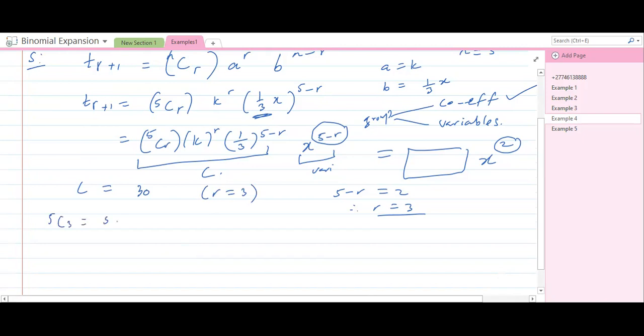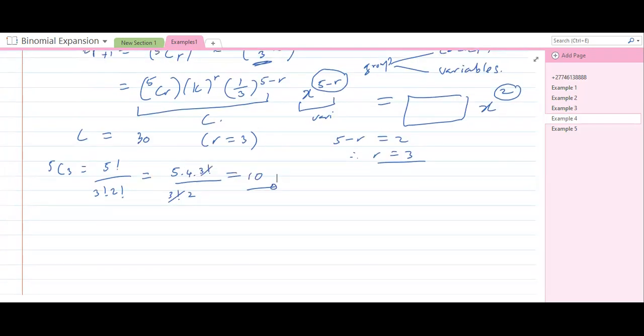5 choose 3 is 5 factorial over 3 factorial times 2 factorial, which is 5 times 4 times 3 factorial over 3 factorial times 2. The 3 factorials cancel out, we get 20 over 2, which is equal to 10. We know this is 10, and also 1 over 3 to the power 5 minus 3, that's 1 over 3 squared. So what we have here is the coefficient is actually equal to,